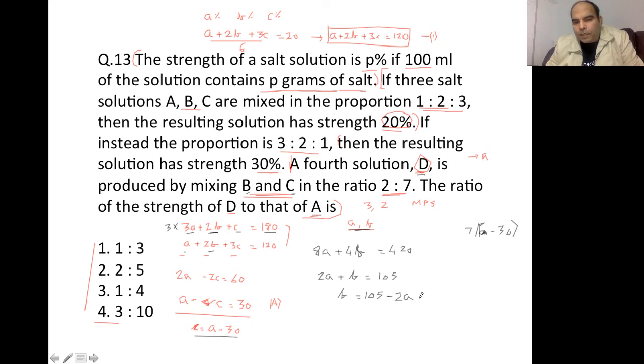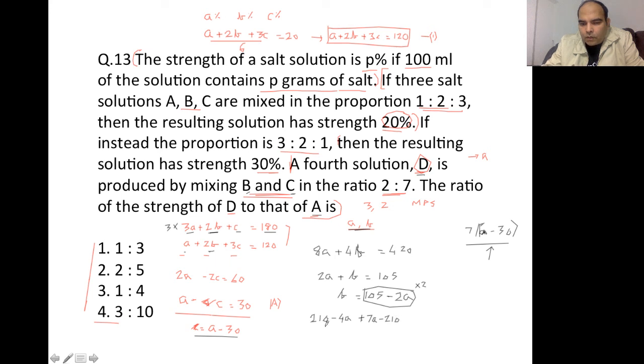So now when you start mixing B and C in the ratio 2:7, 2B will mean 210 minus 4A, that's basically 2 times this value. 2B will be that, and 7C, as we've already written here, is going to be 7 times A minus 30, which is going to be 7A minus 210,